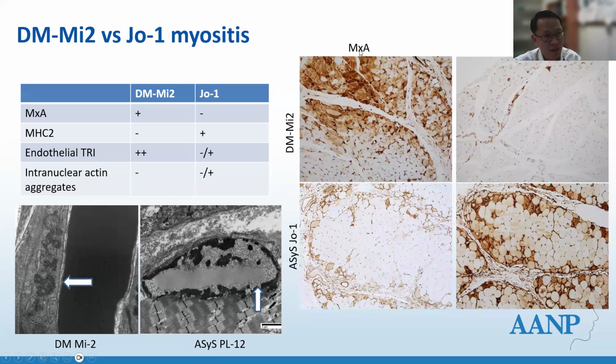Now, if you don't have these two antibodies, you can use more traditional ways, like EM. For dermatomyositis, both the MI2 variant and NXP2 variant will have very frequent and easy to find endothelial tubuloreticular inclusions. In antisynthetase syndrome, usually these inclusions are very rare or absent. And occasionally you can see these intranuclear filamentous inclusions. So these are actin filaments. These are pretty rare events. I have more than a dozen antisynthetase syndrome cases, and there is only one case where I found this, but it has been reported.